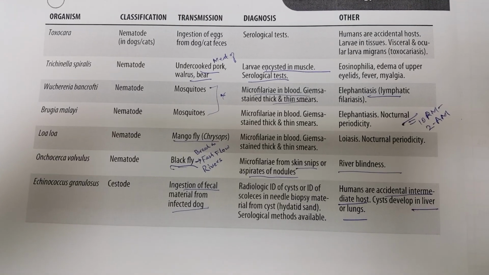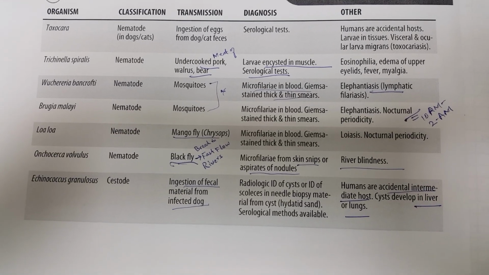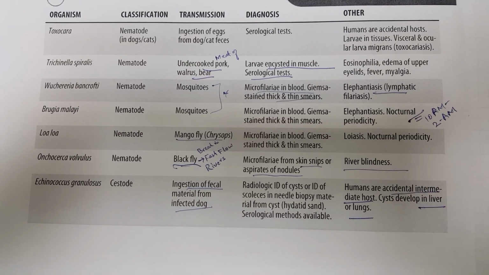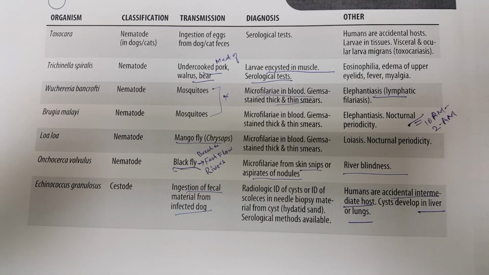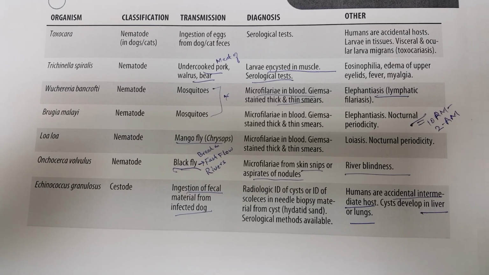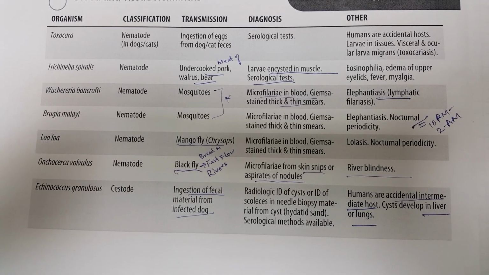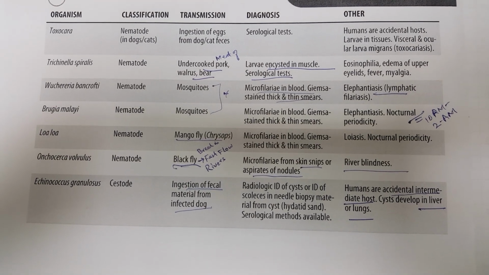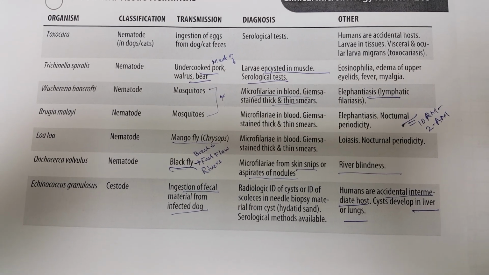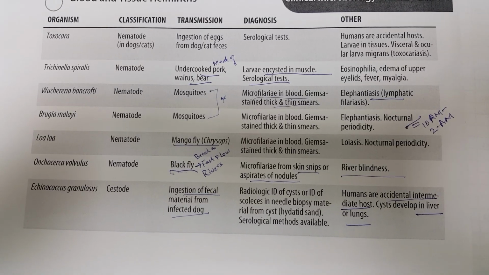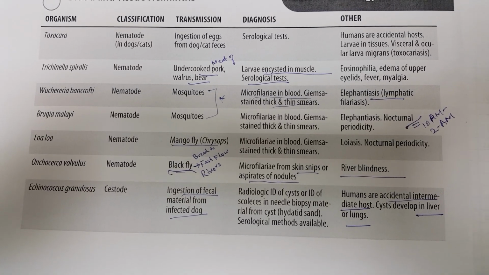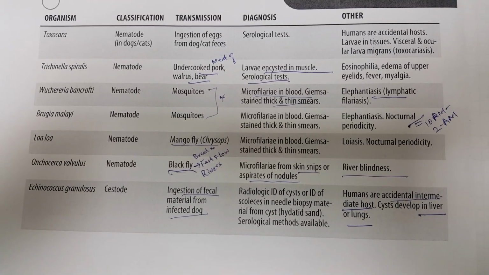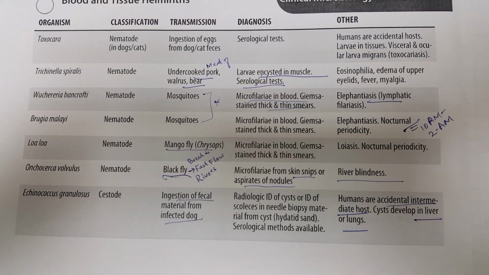Wuchereria bancrofti is a nematode which is carried by the mosquito. Brugia malayi is also a nematode. Transmission is through the mosquito. Both are microfilariae in the blood, and Giemsa stain of thick and thin smears is diagnostic for this microfilaria. It causes lymphatic filariasis in the case of bancrofti, and in the case of Brugia malayi, it causes lymphatic filariasis too, but